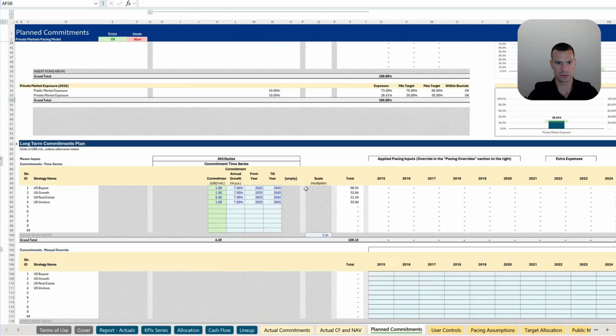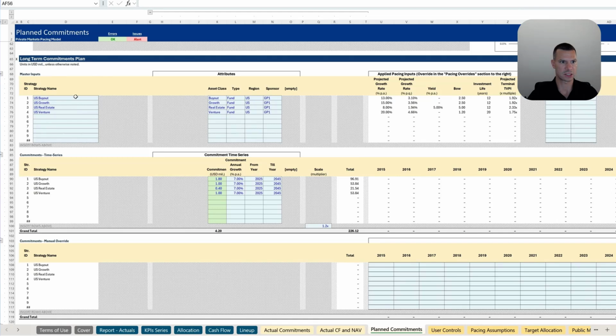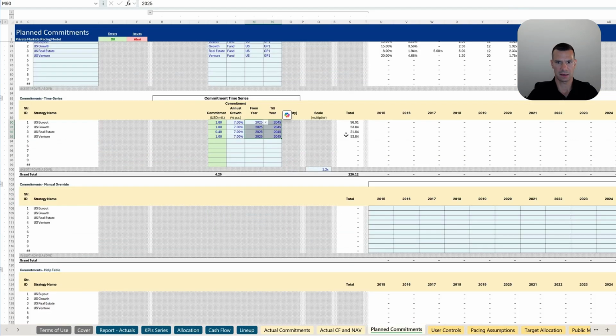Here is where you set up all the necessary inputs for the future commitments, such as your strategies that consist of different asset classes and types, starting commitments, yearly growth of commitments, time span for when you want to plan the commitments, and necessary overrides